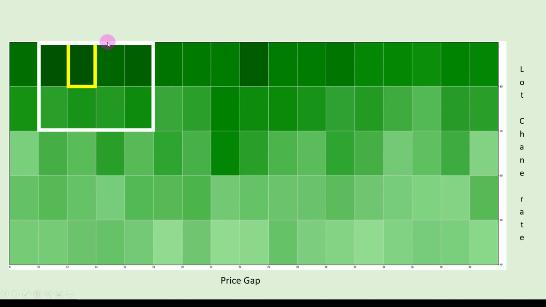But if you look here, there's another block that we may be better or the same as those blocks. So there are always other ones that you could look at. But again, it's interesting from a price gap perspective, the message is consistent. It's saying 10, 12 and 14, and in this case 16 are the settings. So we're getting a much better grasp of what our price gap settings should be, and it's also saying that